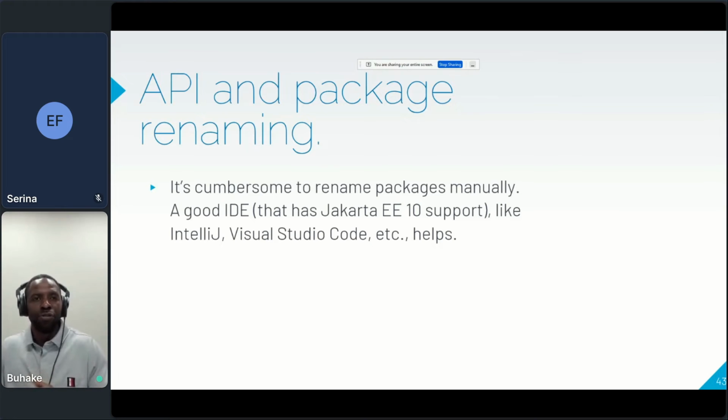Your imports are easy to do, but there are those where some people hard code package names and class names, especially in an XML configuration file or a properties file, where it's not easily picked up. So without a good IDE you literally have to find all of that and manually fix it, which can be very cumbersome to do.